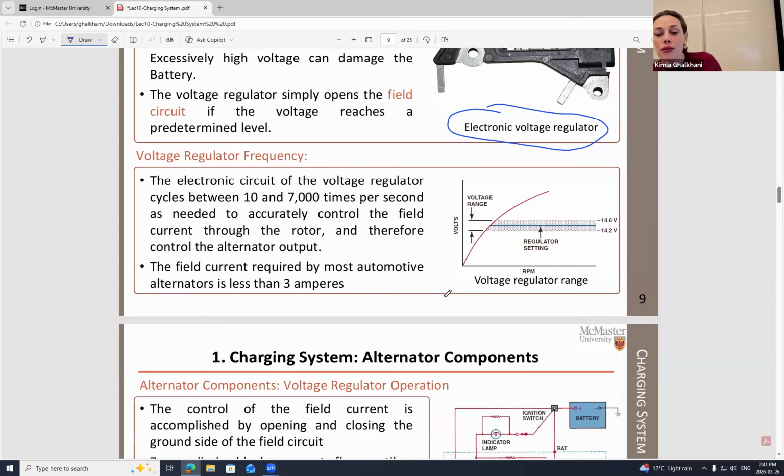Here you can see a voltage regulator range graph showing how the voltage range should be. For example, this line here is at around 14.5 volts. If we are above this, we have to turn on a load and get rid of any excess voltage. And if we are below this range also, we are going to have